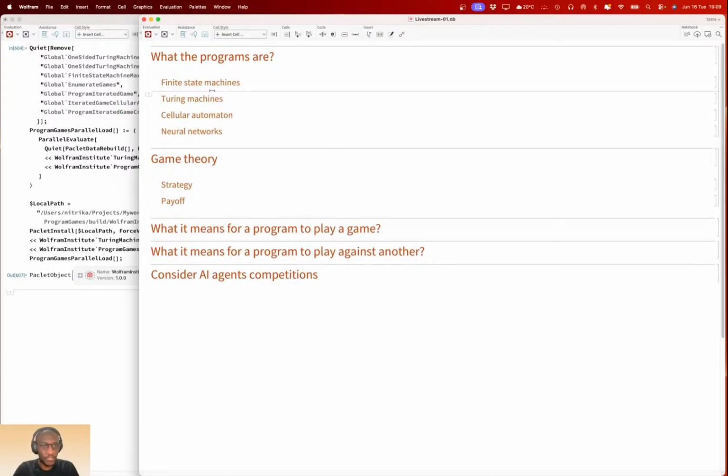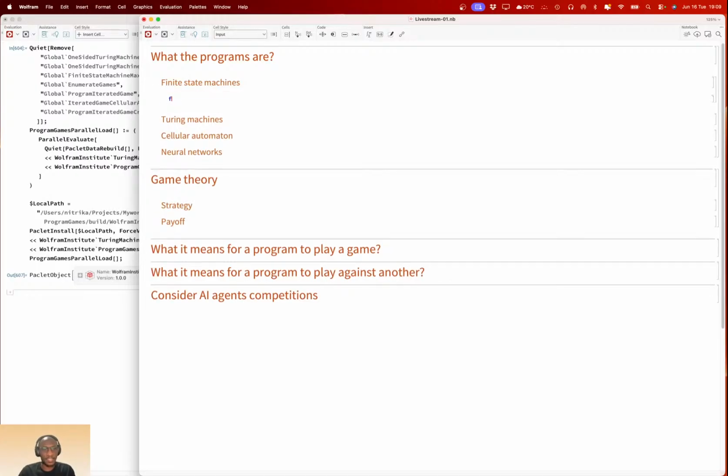But let's talk about finite state machines. First of all, let's find out how many there are, because there are quite a number of finite state machines. When you're talking about finite state machines, you're talking about how many states a machine has. A finite state machine is usually a simpler kind of program, and you can represent it in many ways.